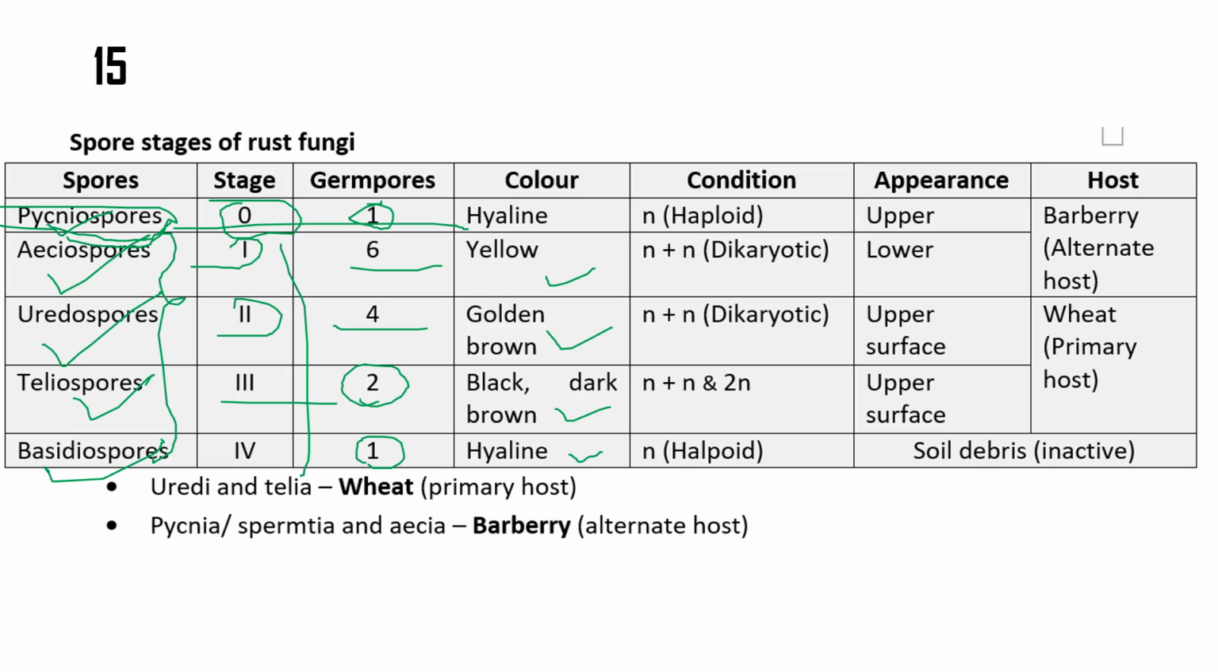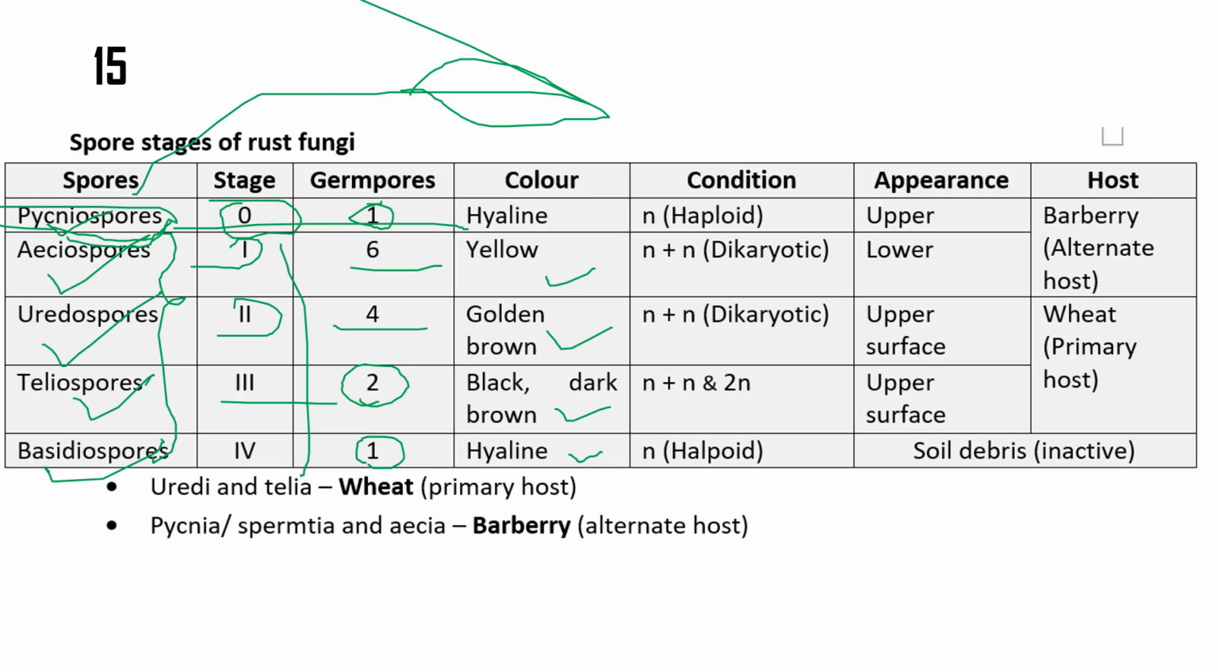When we see the nuclear conditions, pycnospores and basidiospores are haploid. Remaining all spores are dikaryotic. Only teliospore is diploid, since I told you it is the only bicelled spore in the entire life cycle of wheat stem rust. So generally pycnospores and aeciospores, these two stages happen